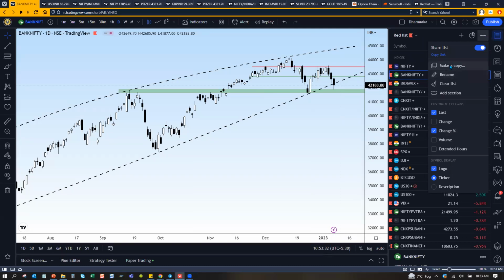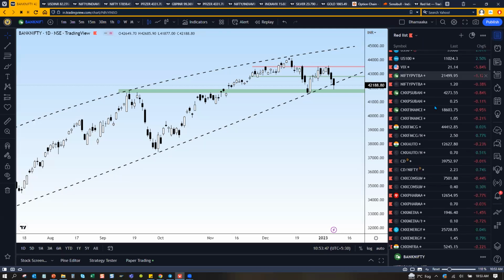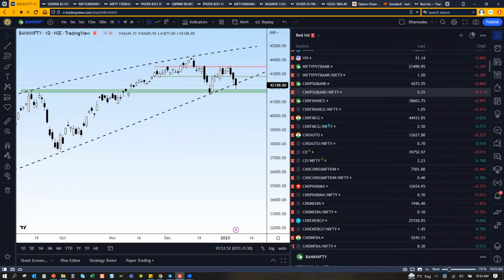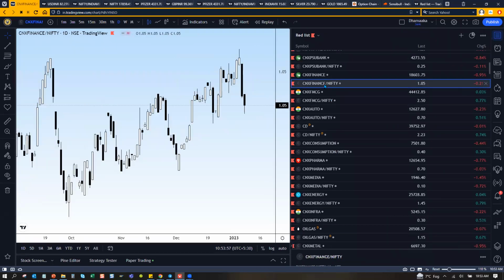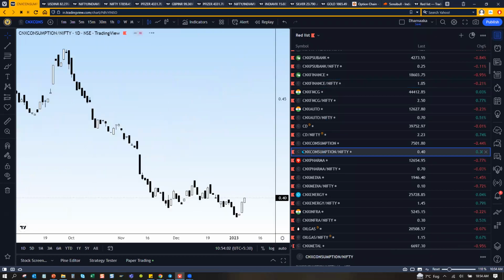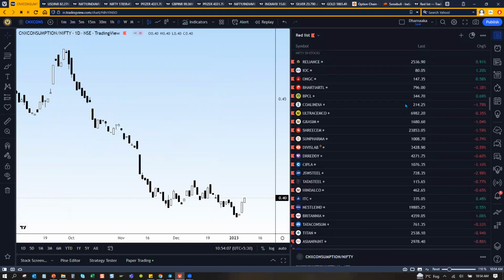one second. So you come to here and click on add section. When you want to add a section, let's say testing, whatever you need to do, a section will be added here. So you can classify your stuff. For example, I have indices data here. You can see, let me make it big, not just indices, I have ratio within the indices. I have ratio, let's say finance by Nifty, auto by Nifty, consumption by Nifty. So this is important for people who look at the ratio charts. I'll come to that later on.